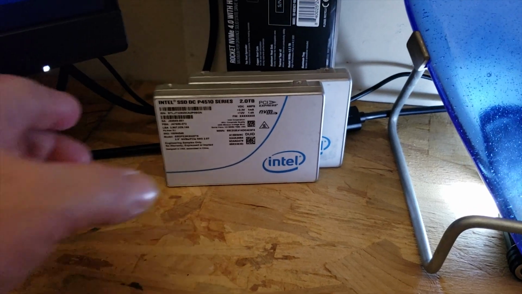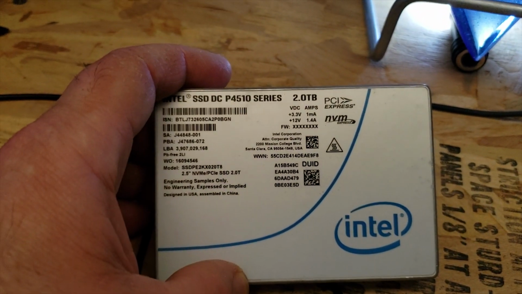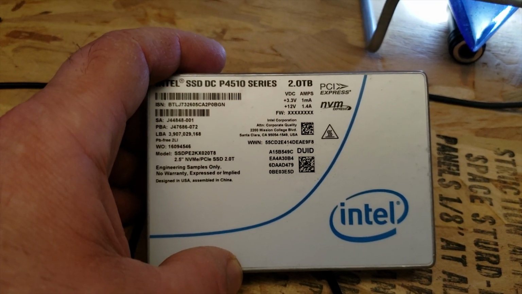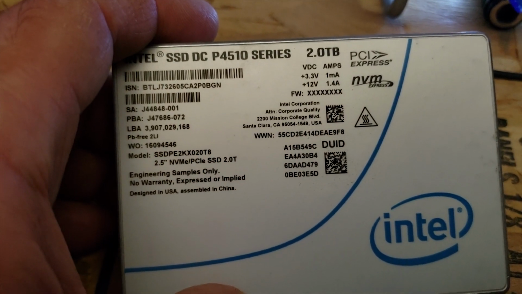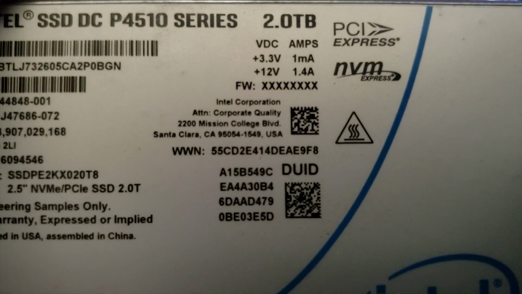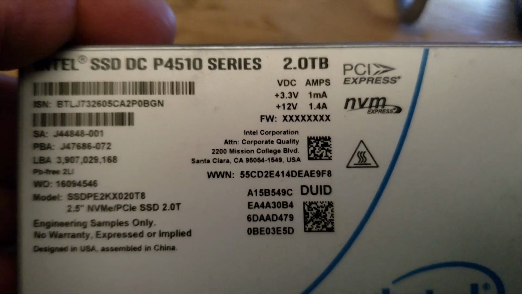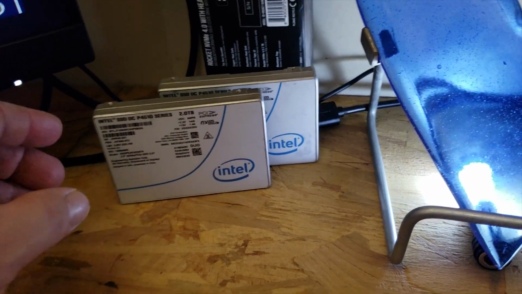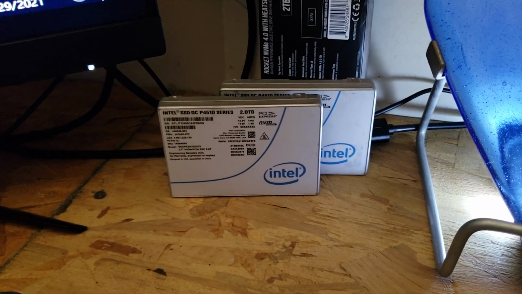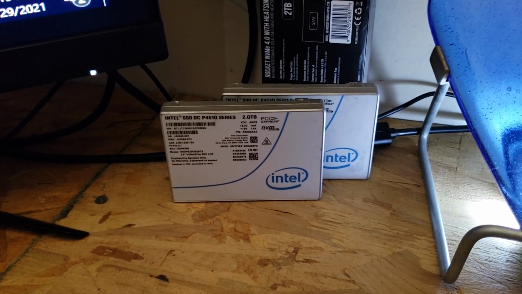But I could not get Windows to initialize these drives for whatever reason. So I called Intel and talked to their tech support, and if you look really closely at that FW over here, there's a bunch of X's. The only conclusion the gentleman at tech support could give me was that because there are no serial numbers at that point, these may be OEM